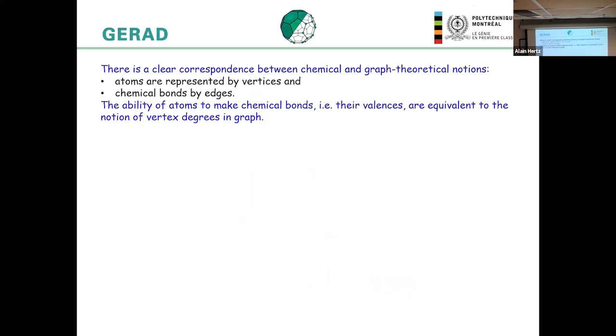So, first of all, there is a link between graph theory and chemistry. You can represent molecules with a graph. So the atoms are the vertices of a graph, and the bonds in a molecule are represented by edges. So we don't put parallel edges or loops in these graphs. And also what they call the valences of the atoms are called the degrees in the graph. So for example,